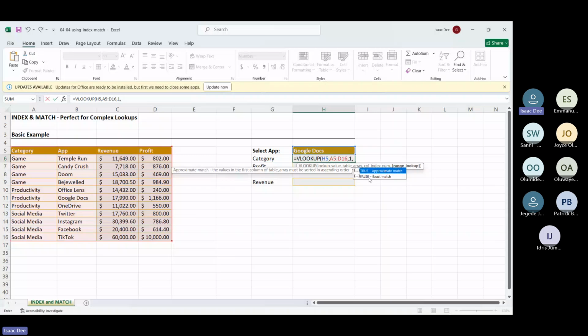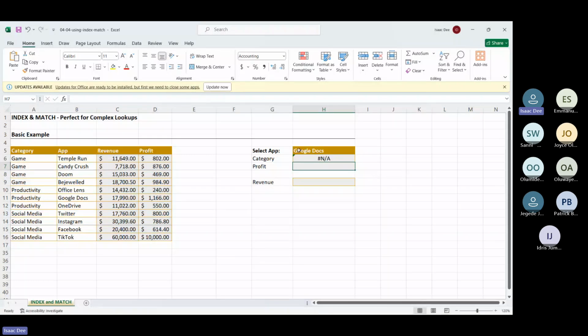If I press enter, this will not give an answer. The reason is because what I am trying to look for is behind what I'm looking for. That is, Google Docs is in column 2, and I'm trying to look for something in column 1. So what happens is that